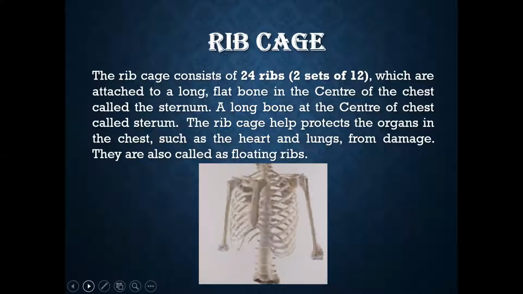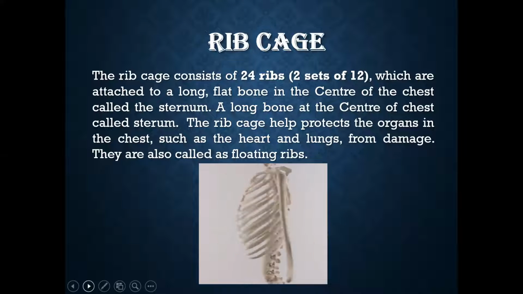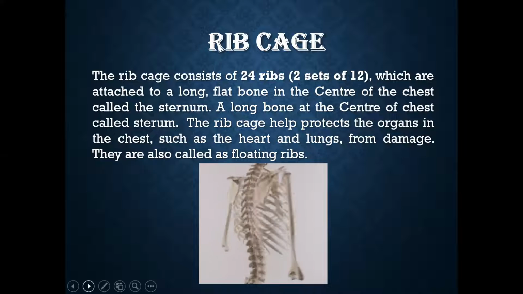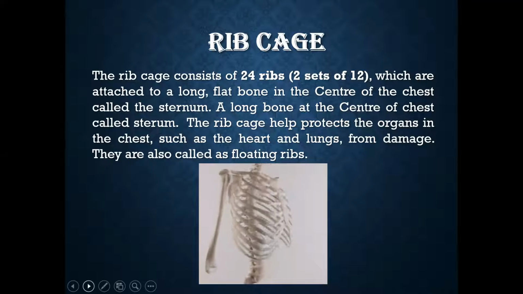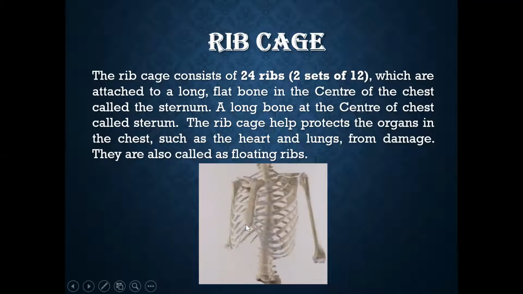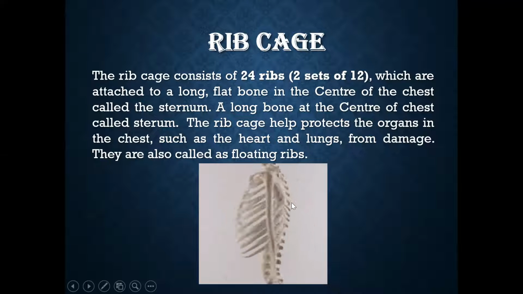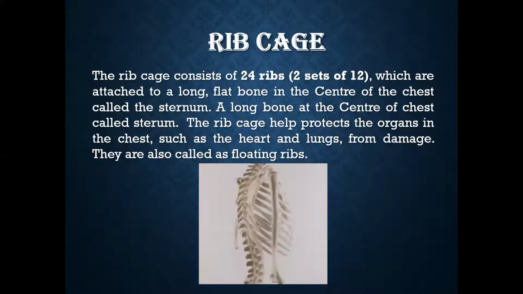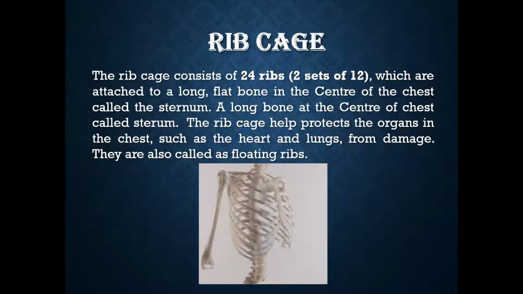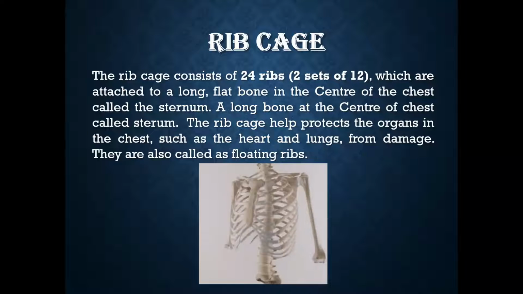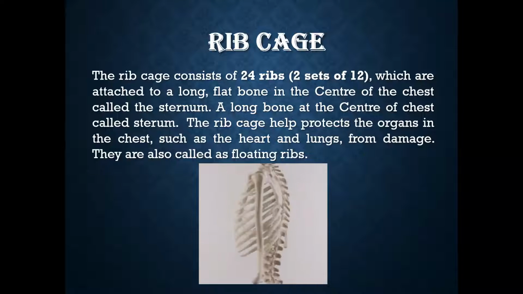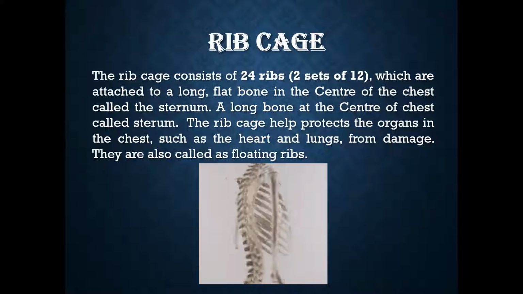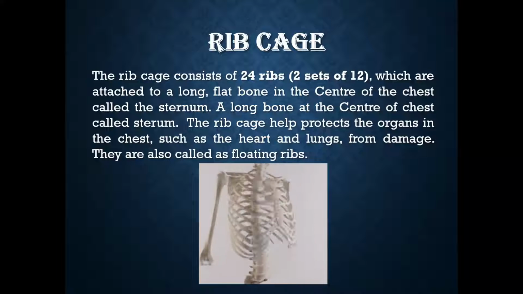Coming to the rib cage. The rib cage consists of 24 bones, that is 2 sets of 12, which are attached to a long flat bone in the center of the chest, which is known as sternum. The rib cage helps protect the delicate organs in the chest, such as the heart and lungs, from damage. The last 2 pairs of bones are not attached to the sternum and they are called floating